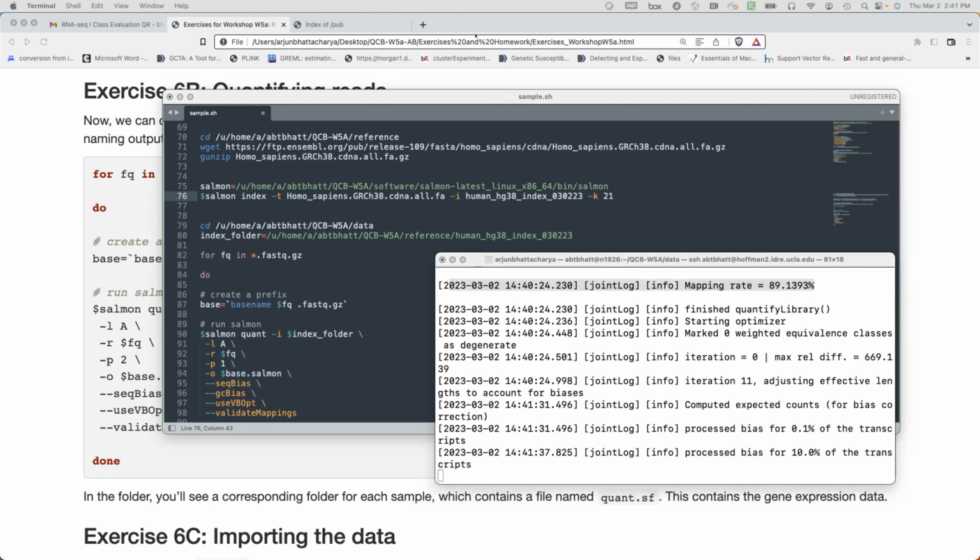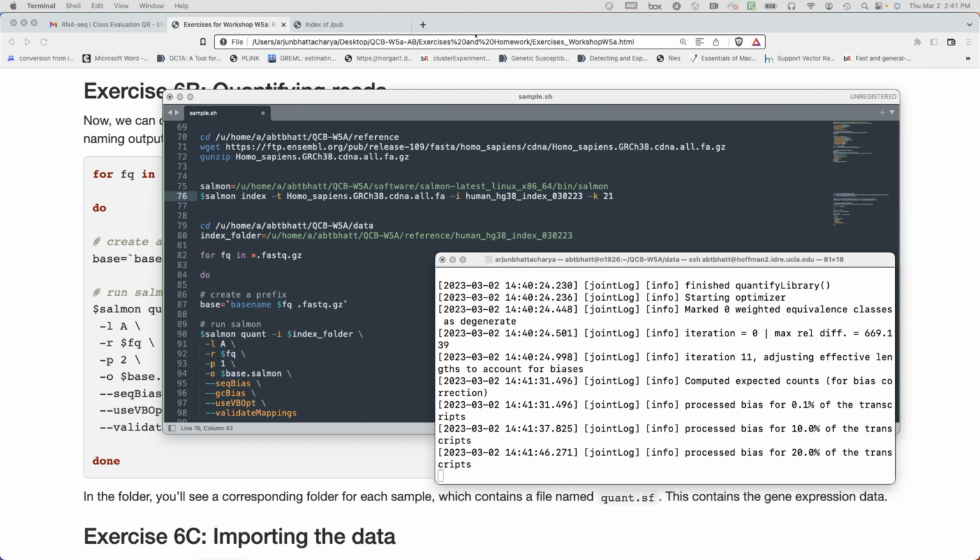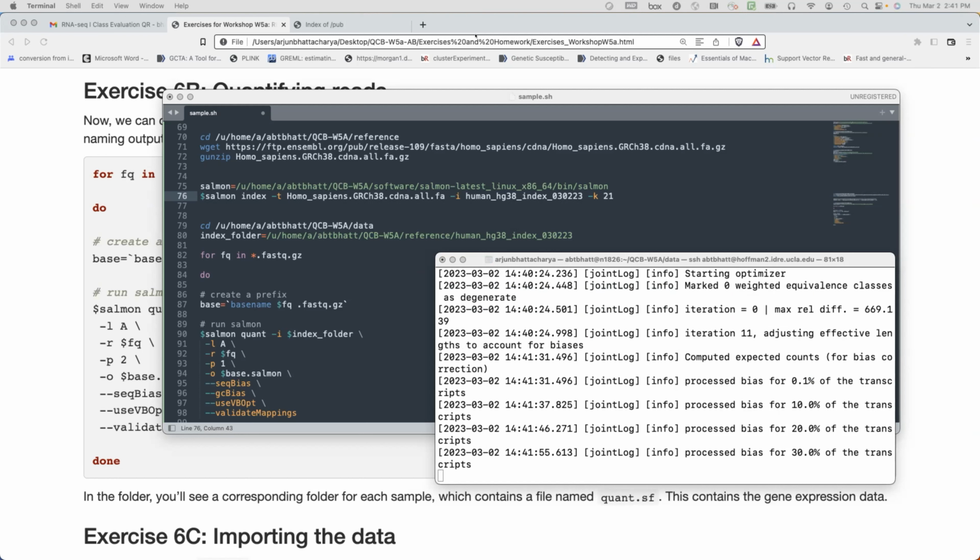Okay. The FASTQ files should be in data, right? Or in reference. In data, yeah. I mean, it's up to you. It depends on where you kept them, right? Okay, let me see. So earlier I was in reference. I now switched to data because I was in the wrong place. And now it says